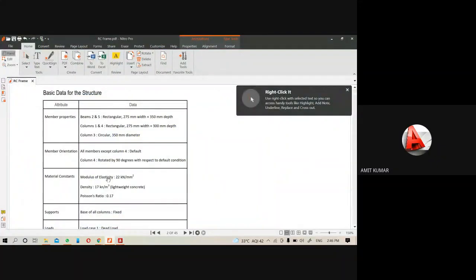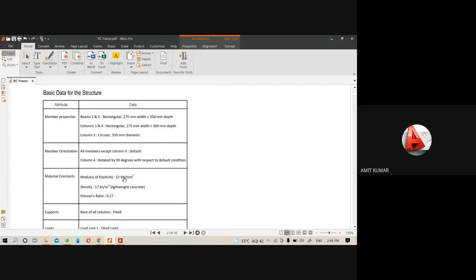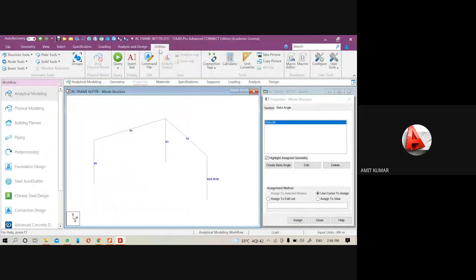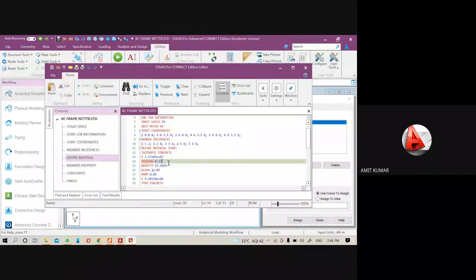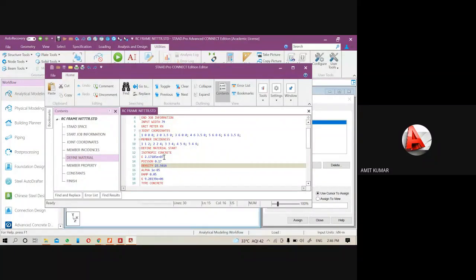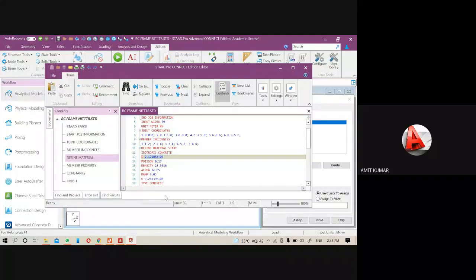Next thing is your modulus of elasticity and density and Poisson ratios. So change this value according to the ACI code. Maybe if I change this to 22 kilonewton per mm square, sometimes in the output we will get warnings also. Maybe so we can change it. So how can we change it? Just go to the utilities menu, first save it to this point, then go to the command file. Under the command file we have the Poisson ratio value, density value, and elasticity value here. So here we will change this value.